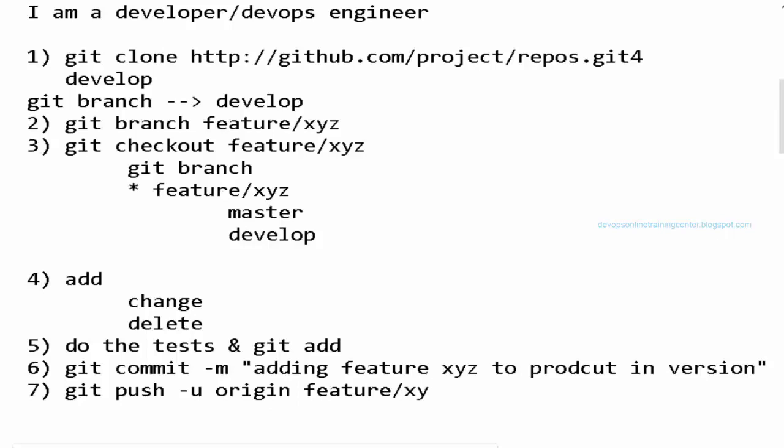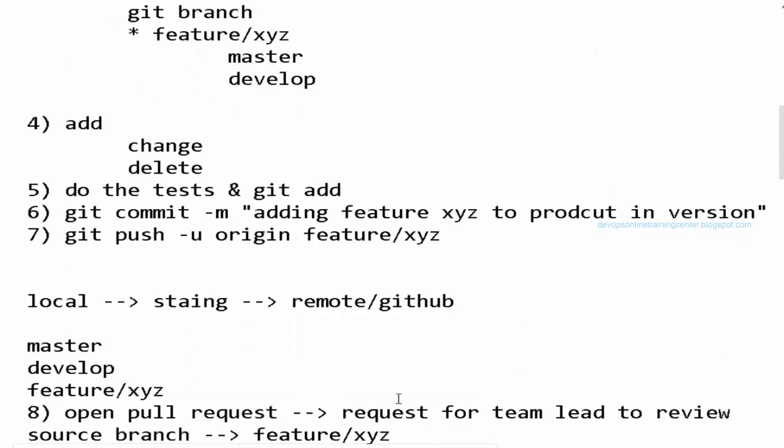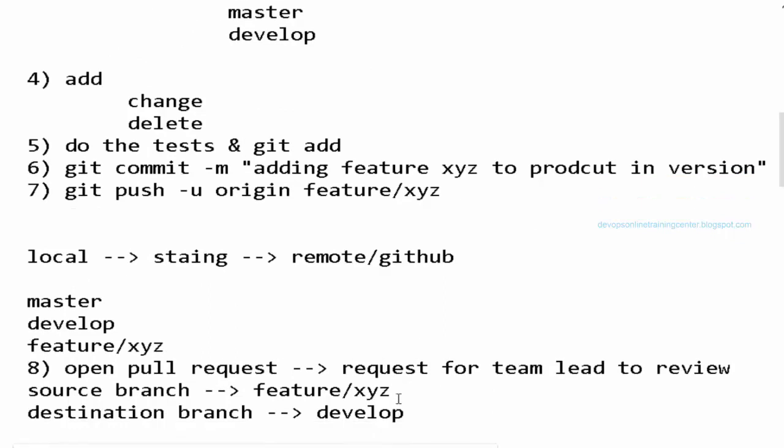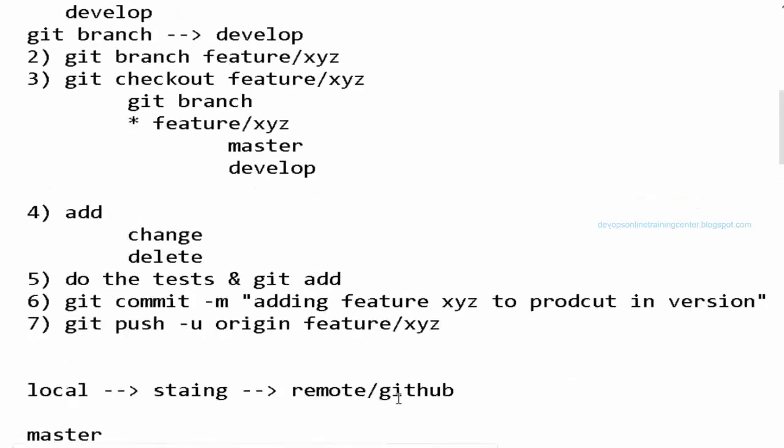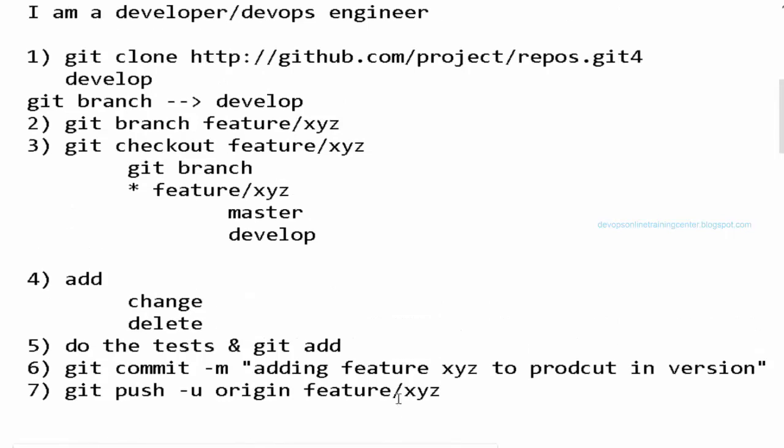Okay. So basically, first step, you create the feature branch locally, and when you're pushing it, you're basically creating the feature branch on the remote. Exactly. Yes. So while you're creating a feature branch locally, is it a good idea to create the feature branch at the same time on the remote? No, because you want to do your changes before pushing it to the remote repository. Okay, because you want to test the changes.